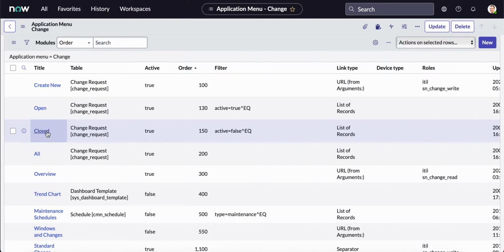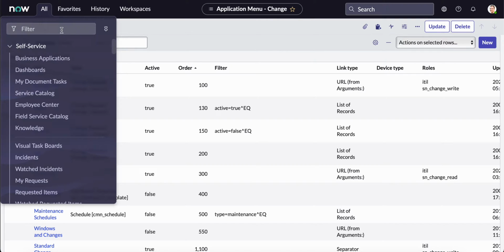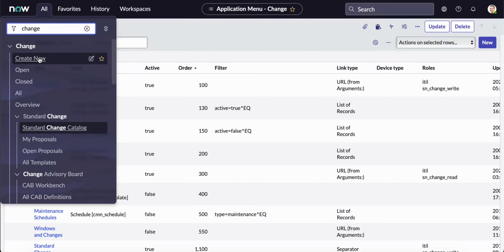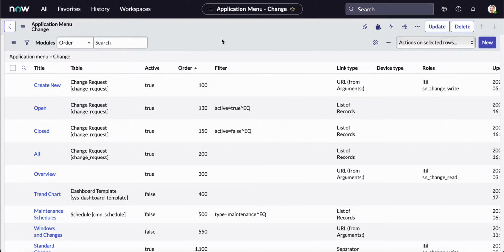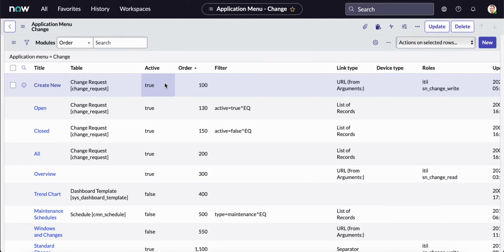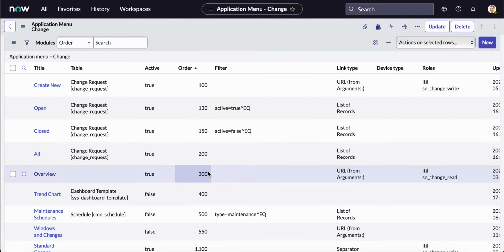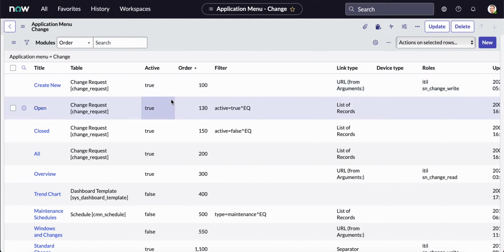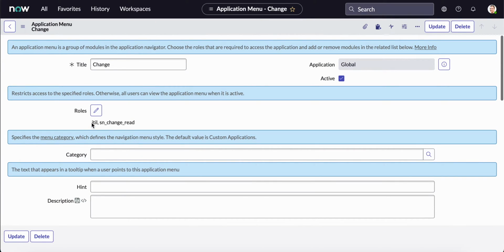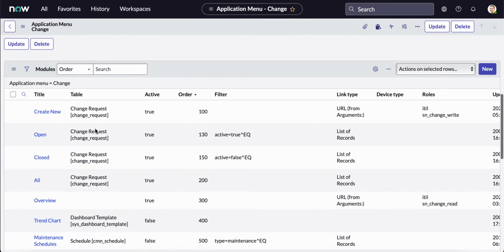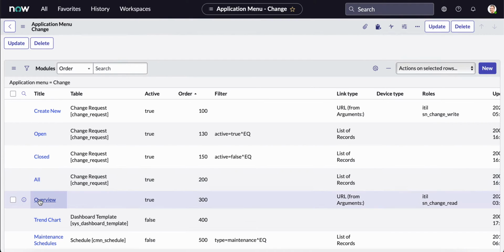As you can see, it has create new, open, closed, all. So if you click this and type in change, you can see create new, open, close, all, and so on. One thing we have to pay attention to when creating a new module is the order. And the roles can also be very tricky. Every application can have roles. If you have a custom application, you can set roles so only certain people can see it. But in this case, let's create a module right below all, which would probably be order 250,